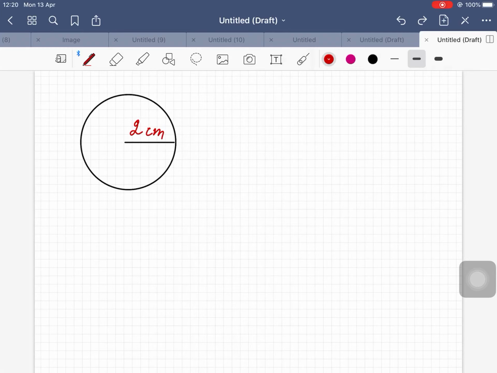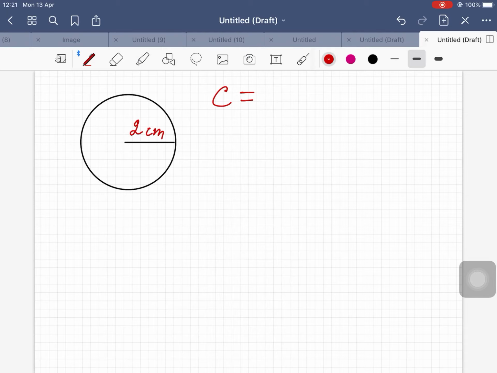Hey guys, today I will show you how to find the circumference of a circle of a given radius and also how to find the area of that circle with a given radius. So let's say, for example, you are given a circle with a radius of 2 centimeters and you need to figure out the circumference. So there is a formula to calculate the circumference, and usually the letter C stands for circumference and